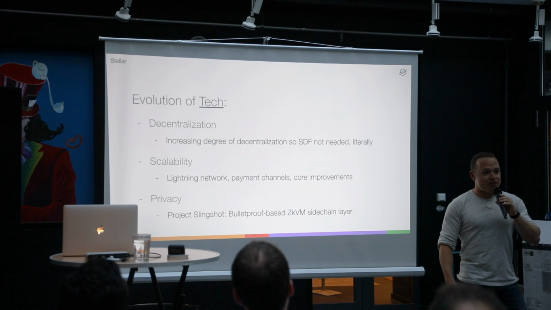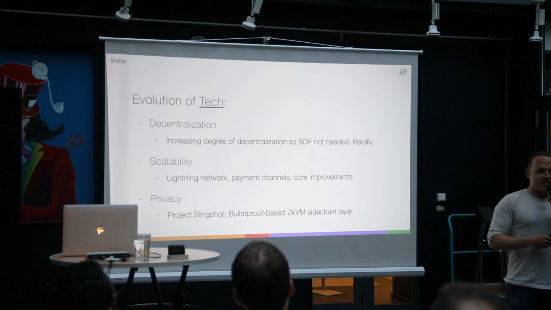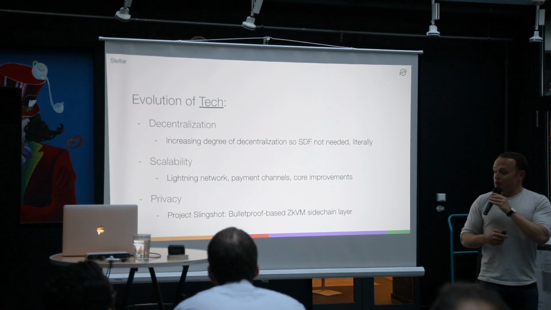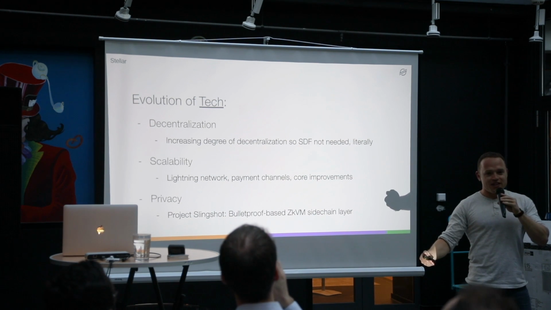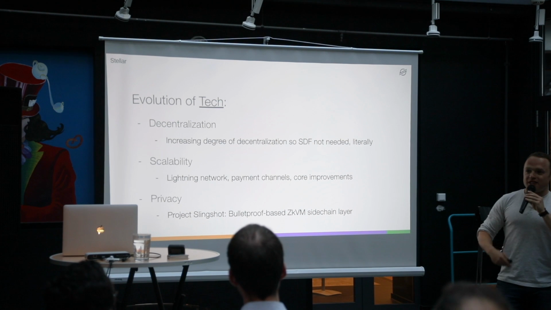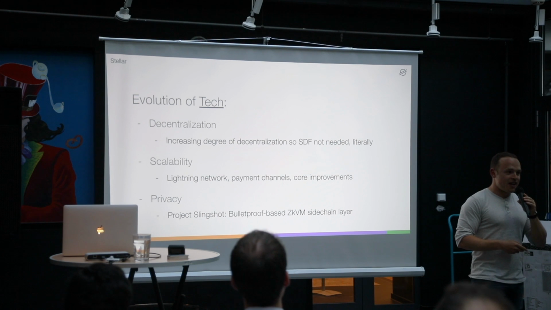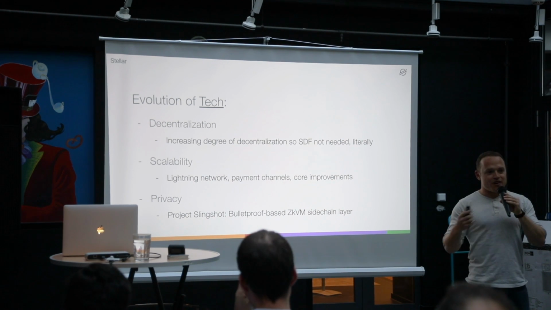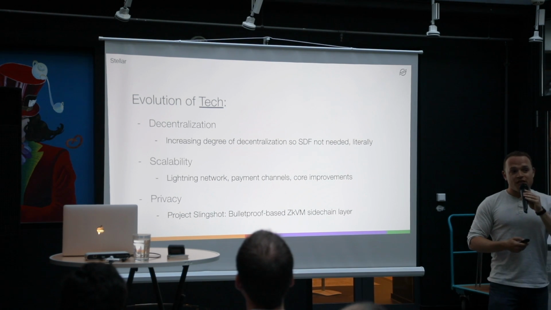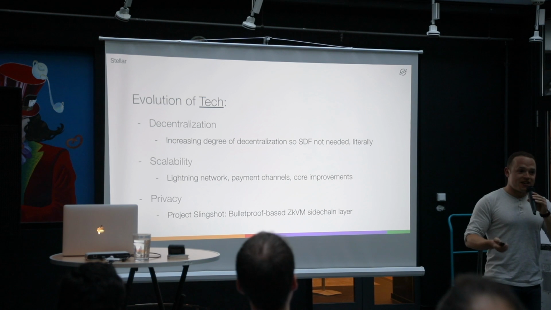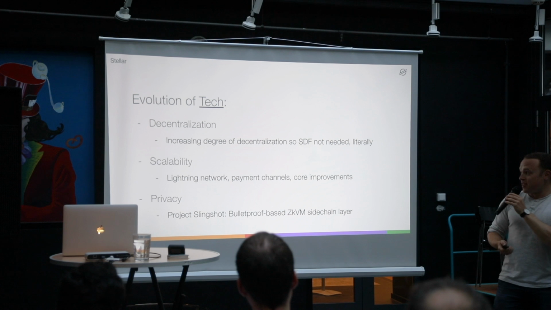Scalability. So we are fortunate in that we have a lot of headroom in terms of scalability as compared to other decentralized ledgers. We are nowhere near the limit of what Stellar can do, but we know we'll get there soon, or at some point we will definitely get there. And so we need to continue to push the envelope in terms of scalability. There's a few ways that we're doing that. One is just continual core improvements, so pushing the boundary of the existing way that the Stellar protocol functions. But there's also new technologies like the Lightning Network, which we continue to make progress on, that'll push scalability quite a ways further.